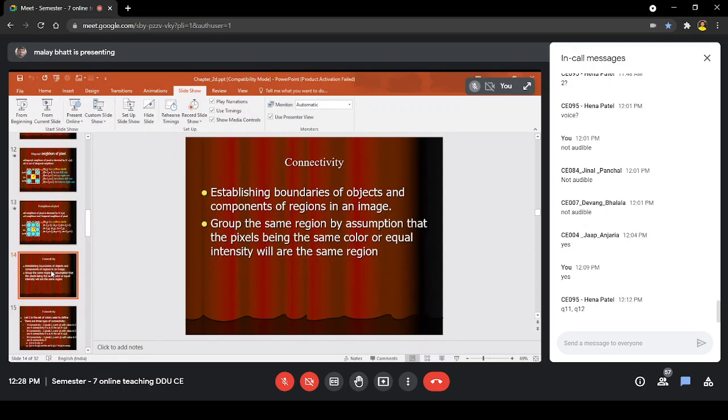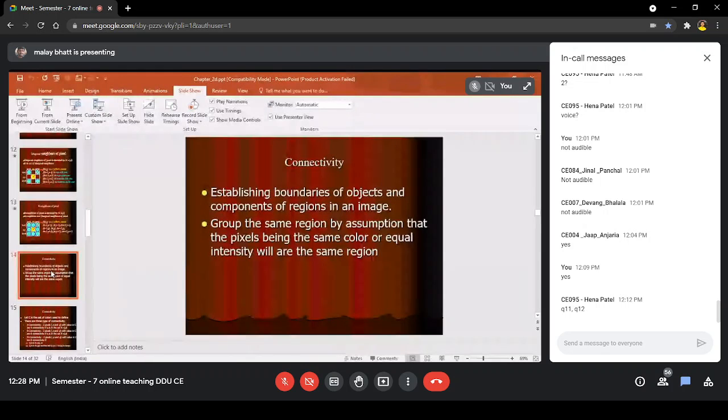So connectivity establishes boundaries of objects and components of regions in an image. The main goal is to establish the boundary: this is a foreground picture, this is a background picture, this is a tripod, this is the face of the person, this is the background grass, this is a building. This is how we can establish the boundaries of the different objects in the image.